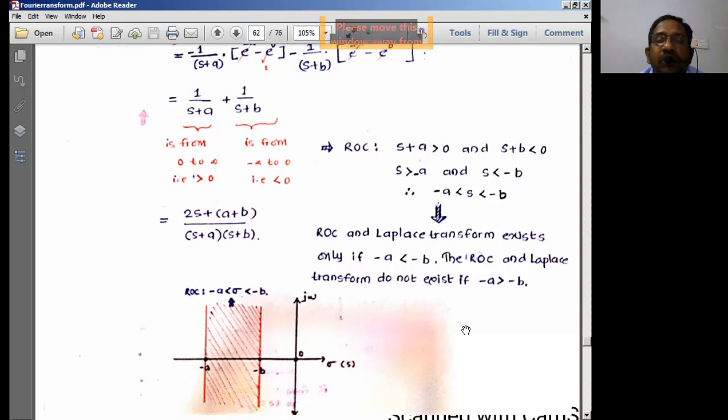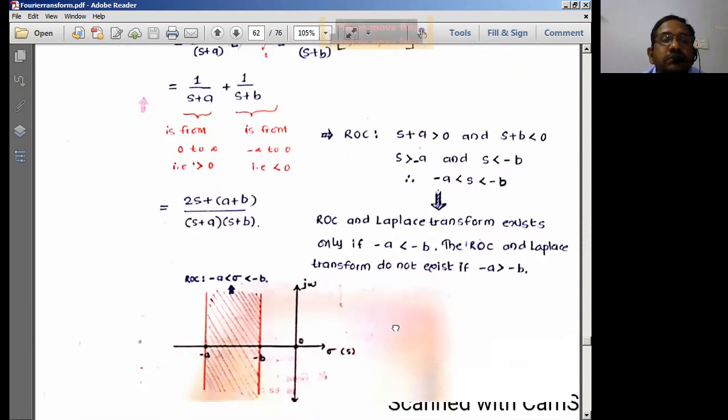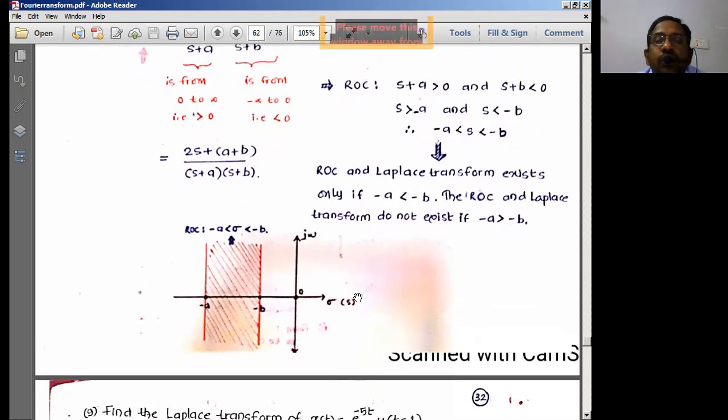So this is the beauty of these Laplace transforms. Okay. So how can I really draw this now? See here, s is lying between minus a and minus b. So minus a is less than minus b, that means minus b is greater than minus a. So therefore I'll be going deeper into the minus t axis for minus a, and less deep into minus infinity for minus b. So I'll be getting two limits here, and the ROC is going to lie in between these two lines.